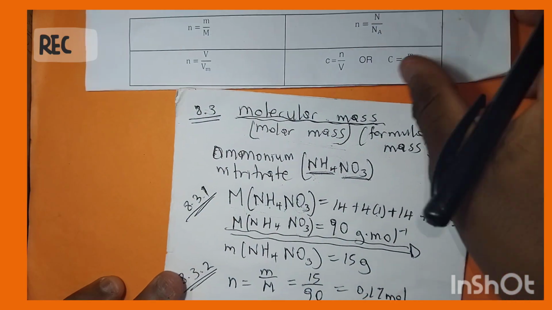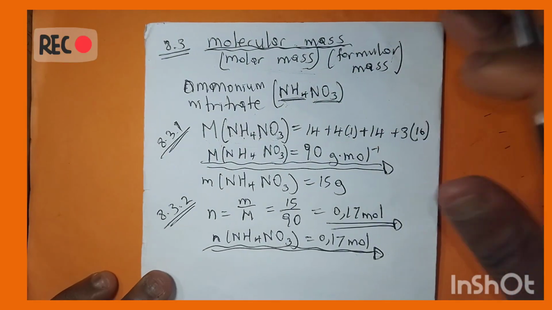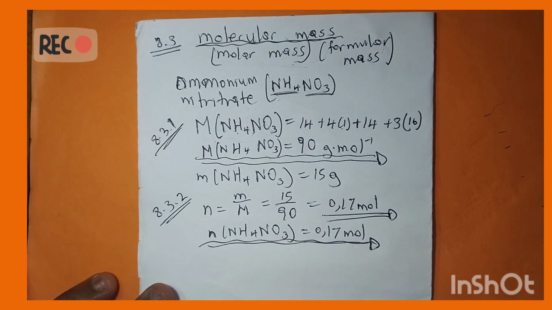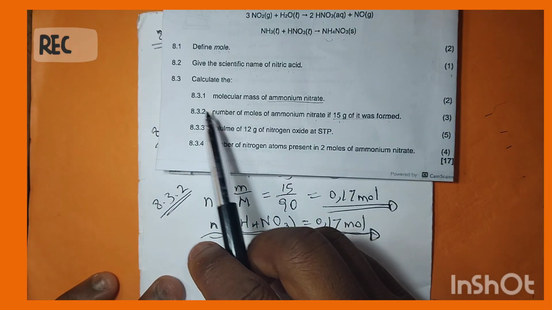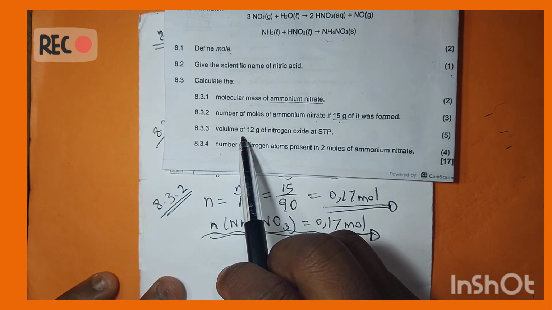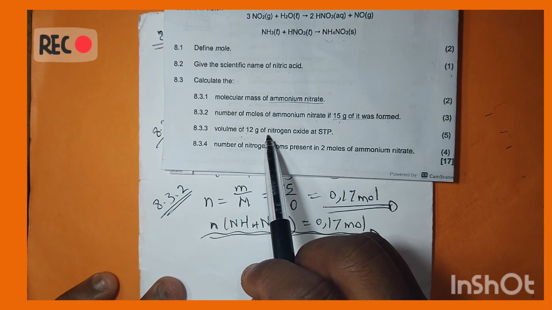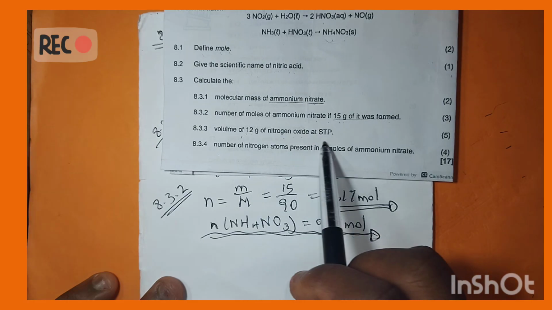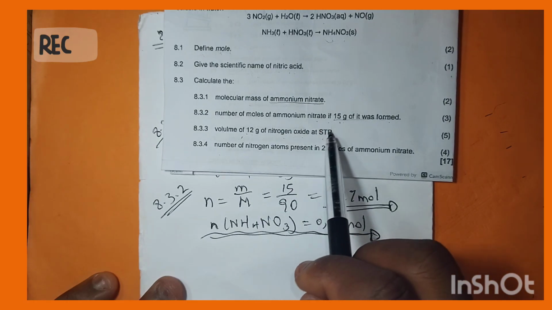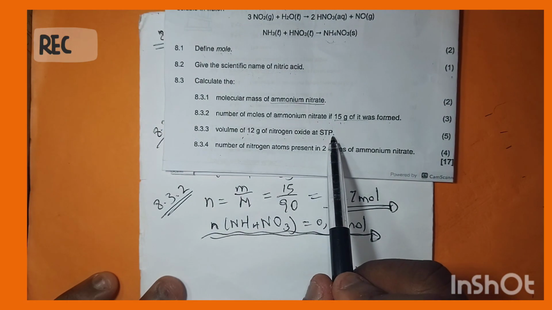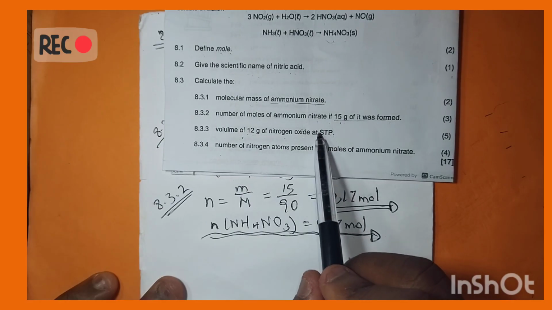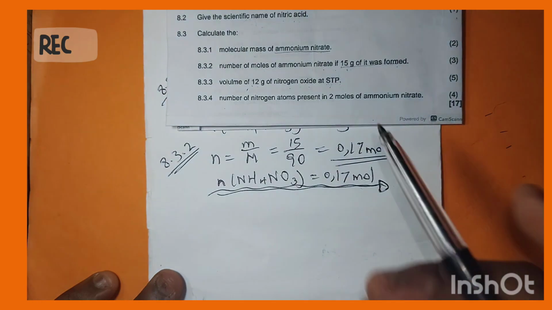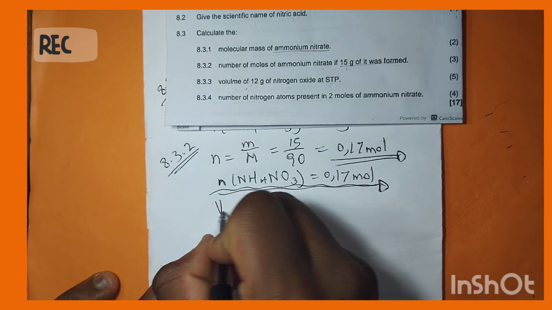So far, guys, everything is easy there. And now what about this question? It says: calculate the volume of 12 grams of nitrogen oxide at STP. The word STP, guys, is standard temperature and pressure. The volume of a gas at STP